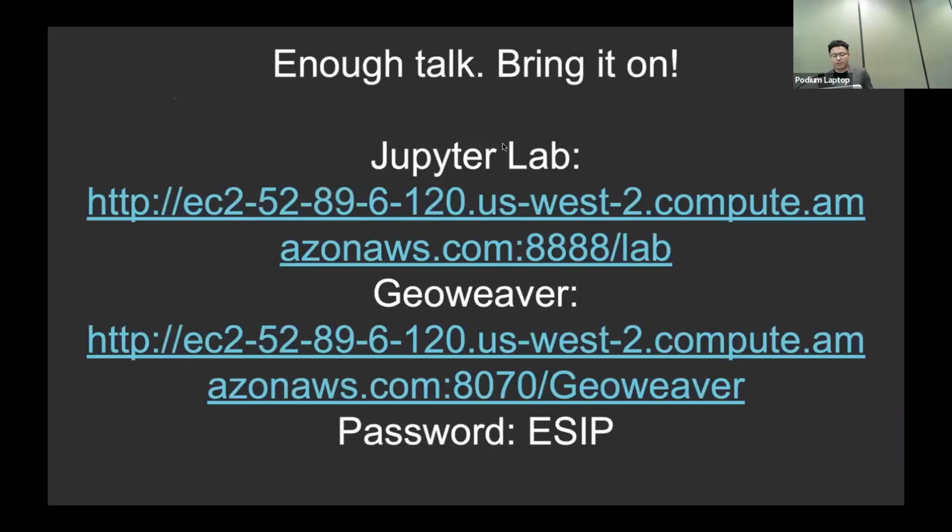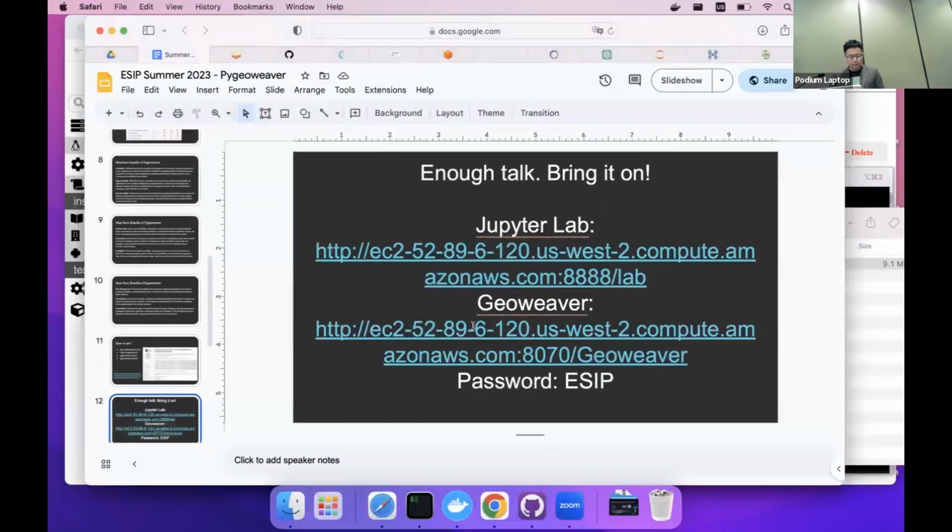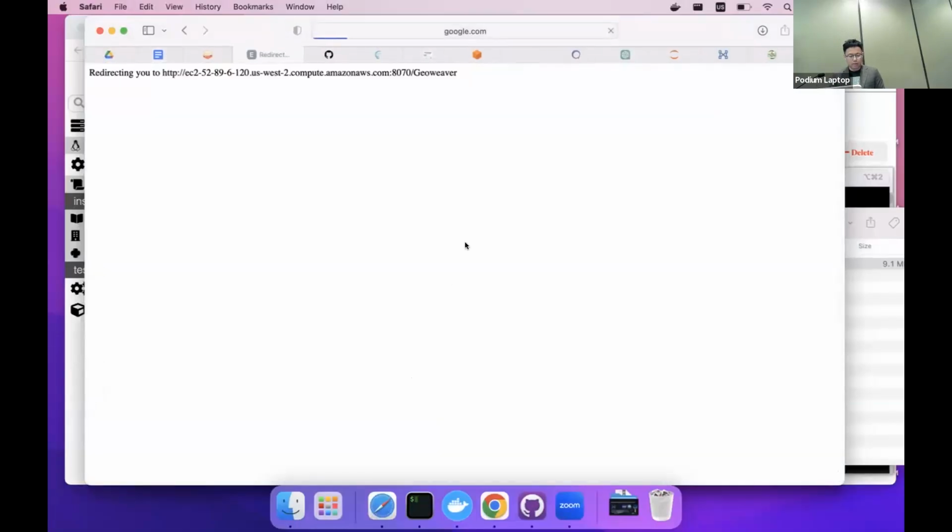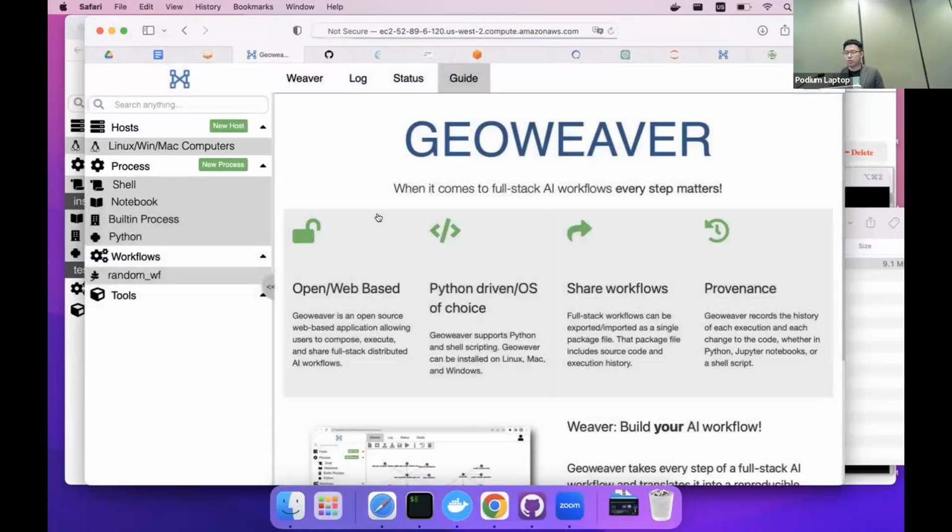Okay, so this is actually the main component I want to talk about. If you have access to the slides or the meeting notes, the link is right there. If you click the second one, right here, this is GeoWeaver.